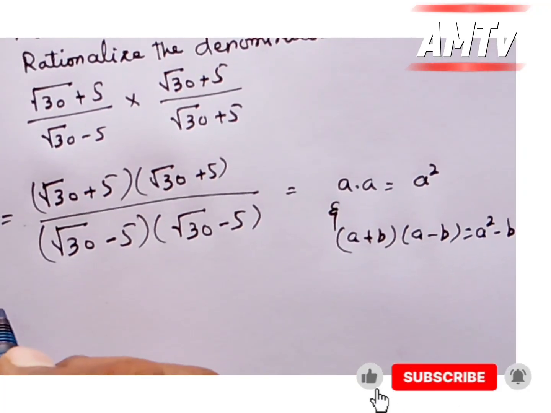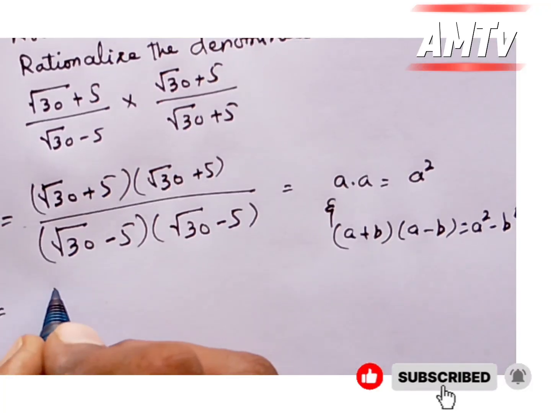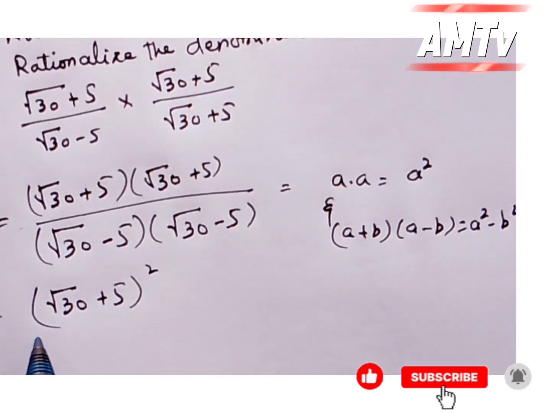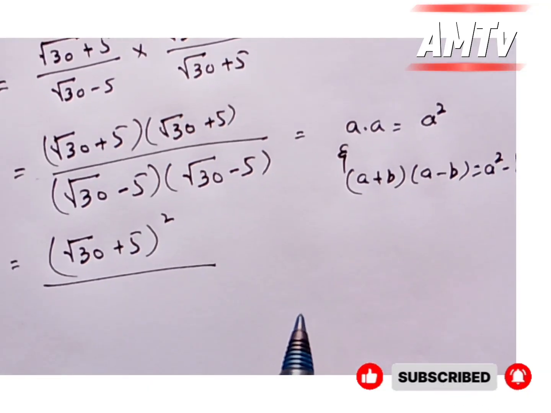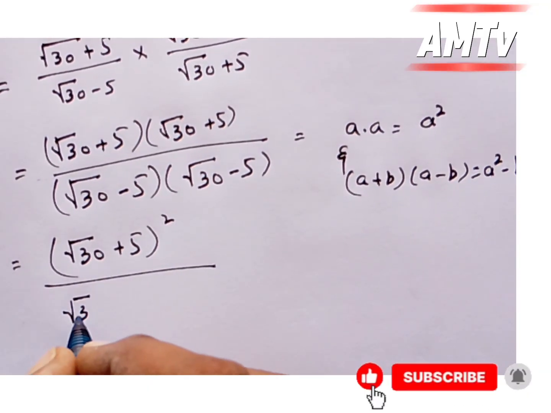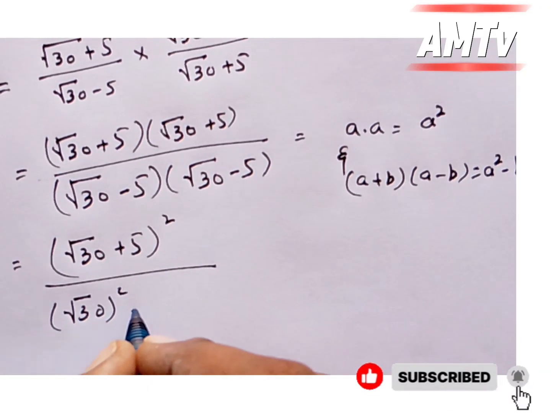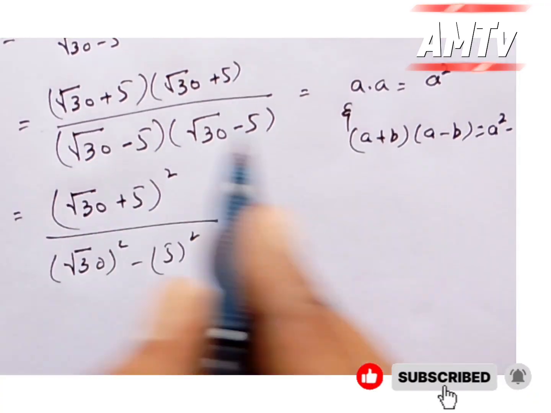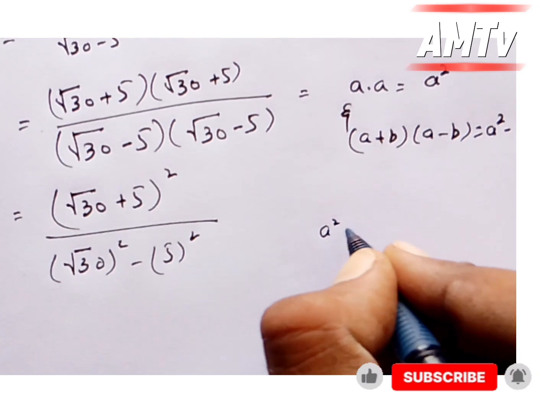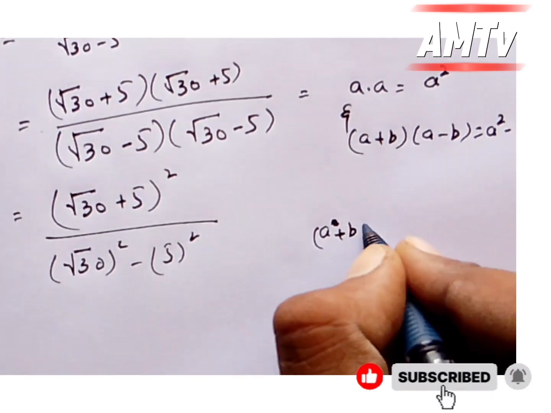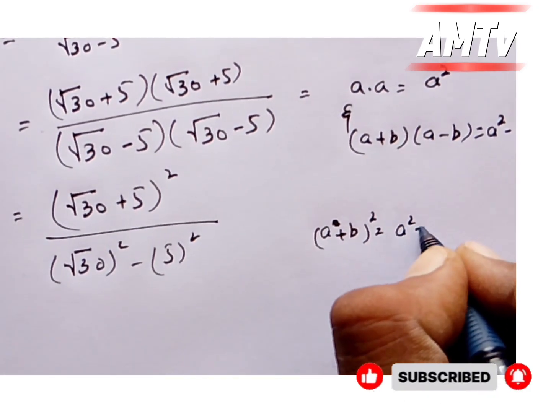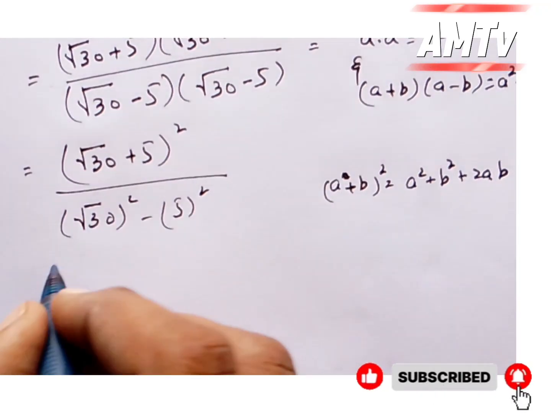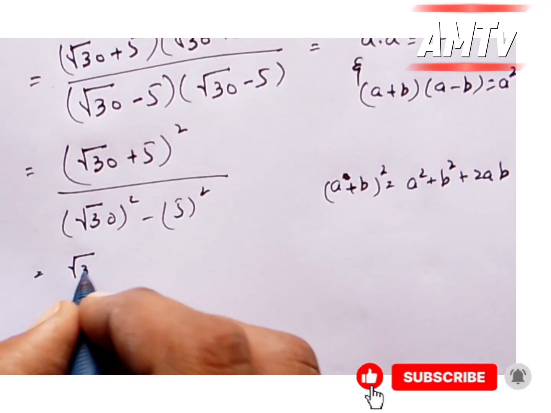So we can write this as root 30 plus 5 whole square divided by root 30 square minus 5 square. This is the first formula: A plus B whole square is equal to A square plus B square plus 2AB. So we can write this as root 30 square